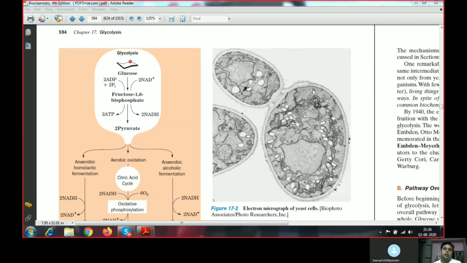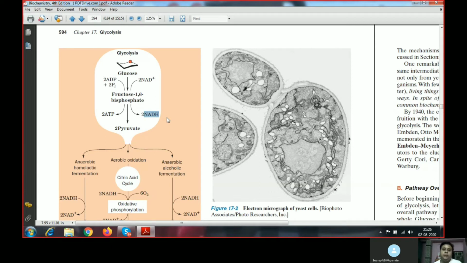Glycolysis starts with a glucose molecule, and it is a 10-step enzyme-catalyzed reaction where glucose is converted to 2 molecules of pyruvate, and it also generates 2 molecules of ATP. That is important to us because we need energy. It also produces 2 molecules of NADH, shown here. This NADH will later be utilized by a different pathway to generate ATP also.